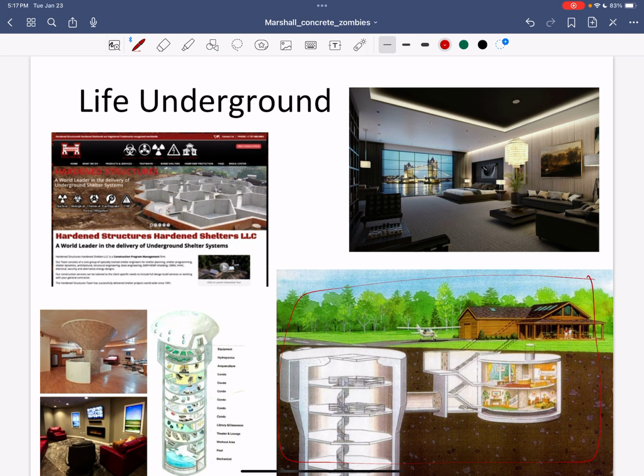in school, this would be for a nuclear attack during the Cold War. It was after the Cold War, but it was still on everybody's mind. But those same structures could be very good for zombie proofing. So you make sure you limit access here and are real careful with that. But then there's the reality of trying to live underground. Here they've had screens that they're using as a fake window to the outside. This is an actual website for Hardened Structures LLC. You'd be surprised what you find on the internet as far as this type of stuff.